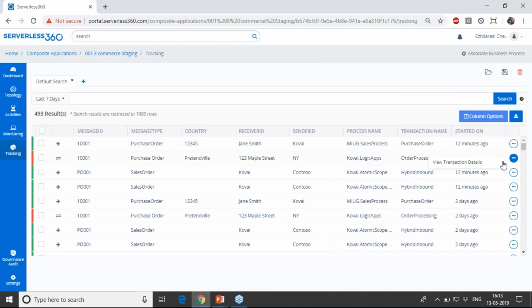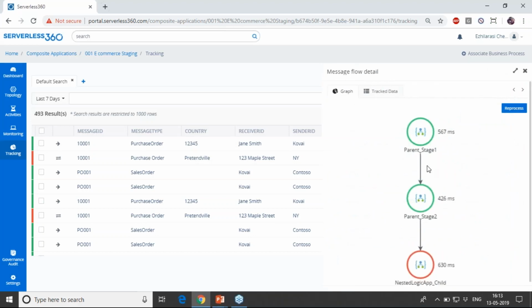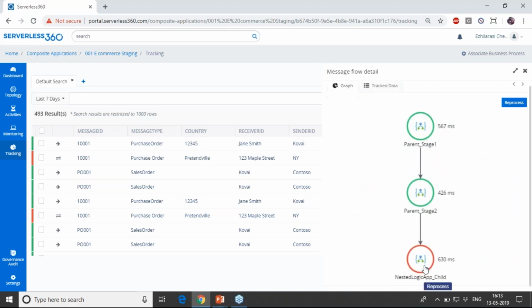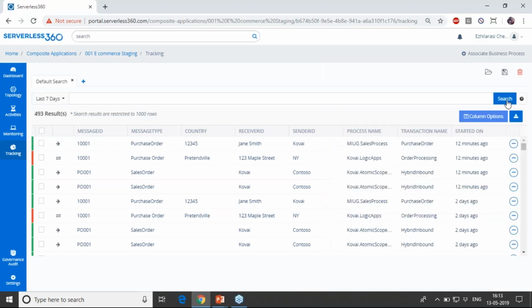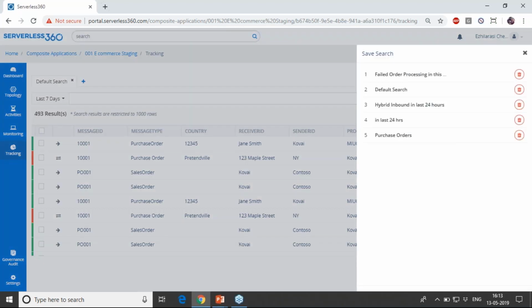See, from here I find that a specific transaction has failed. I can get into the details of the failure also with the help of Serverless 360. Now in this case, if I have the exception details readily available, it would be of great use. Even that is possible. You can define an exception, or you can track an exception, and that can be made available right here. And you can search or fire queries